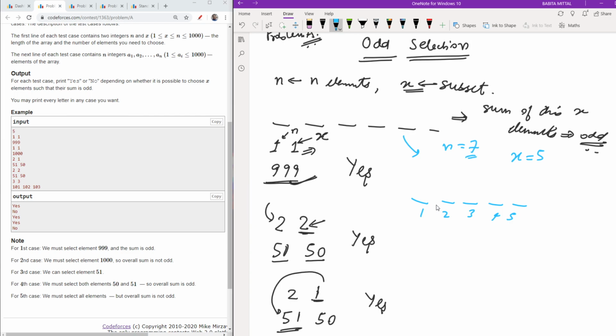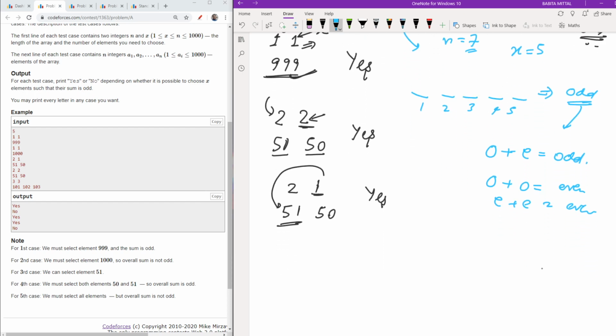My basic need is that the sum should be odd. The basic condition for the sum to be odd is odd plus even, which gives me odd, because odd plus odd gives me even, and even plus even also gives me even.